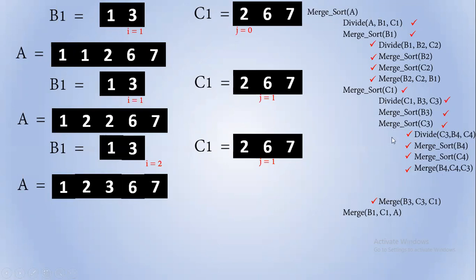Then after that, these 4 will be over. Then only this merge sort C1 will be over. Likewise, you have to go step by step. This is how merge sort is going to operate. So I think with regard to merge sort, you are clear. I taught the algorithm and the complexity last week, and this week we discussed an example. That is all we have to discuss on merge sort.